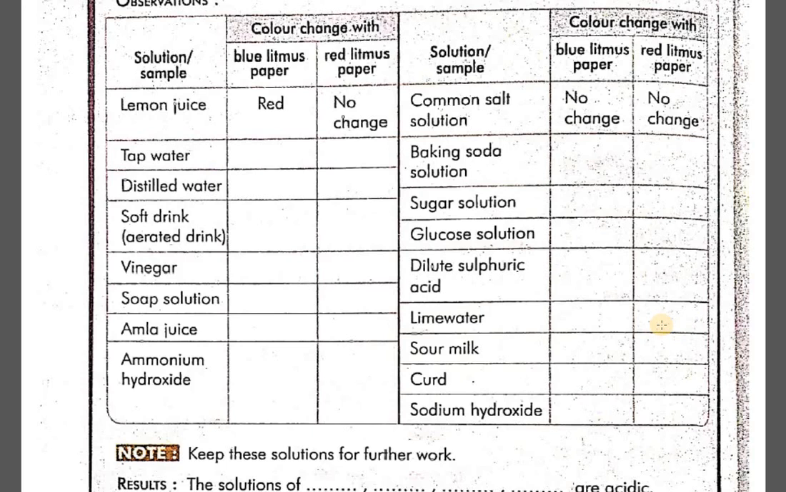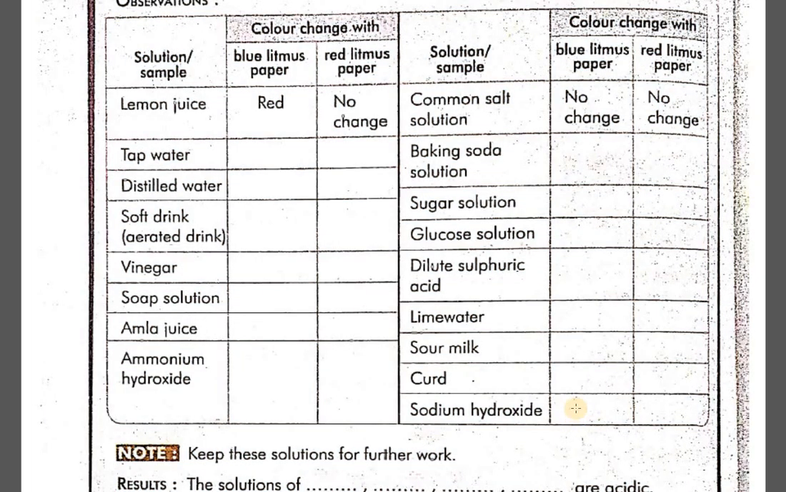Sour milk will turn blue litmus red, whereas no change in the red litmus paper. Curd will also change blue litmus paper into red color and no change in the red litmus paper. And finally, sodium hydroxide will show no change in the blue litmus paper, whereas red litmus paper will turn into blue color. And based upon the same, you can always identify and write down your results